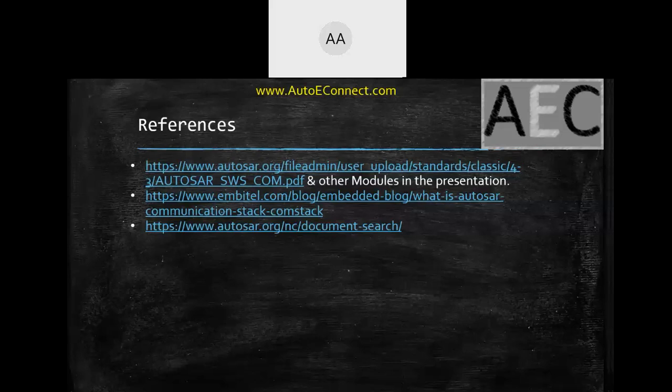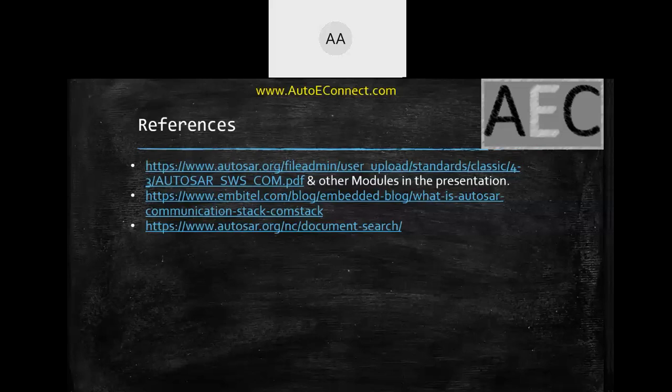And the second thing is, if you are configuring the MCAL or CAN transceiver module, you should have some knowledge about your hardware and how your MCAL modules are configured. So you should have some minimal knowledge about your controller and the respective drivers. So that is needed. You have to go through it for each module level, like we have discussed: CAN TP, CAN NM, CAN SM, PDUR, COM, and then CANIF, and then CAN driver.